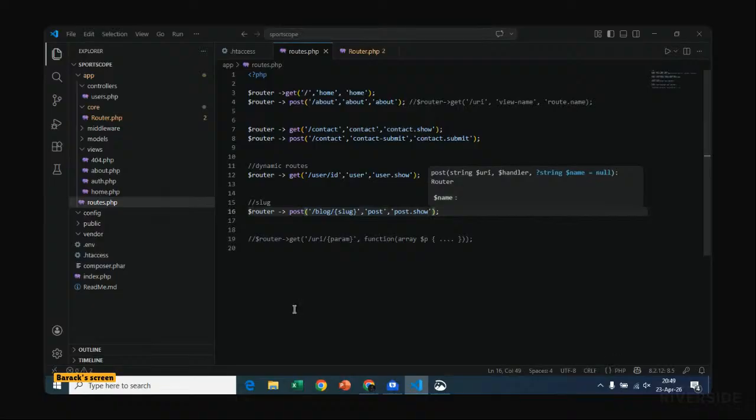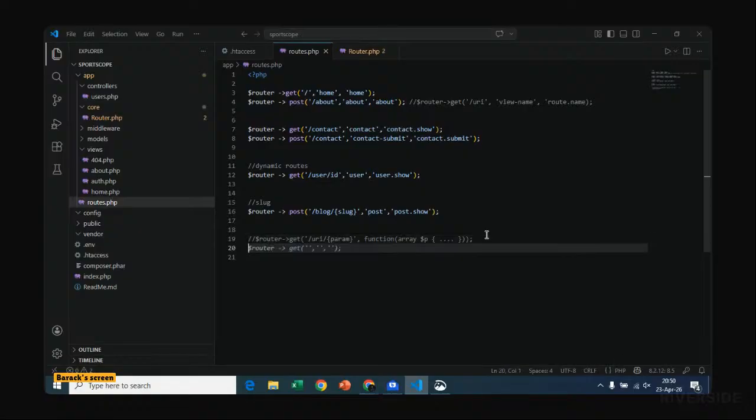Now back to what can be callable. Callable route where we use closures for lightweight responses that don't need a full view file. This would be something like this.